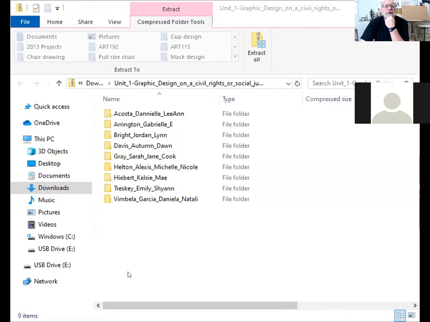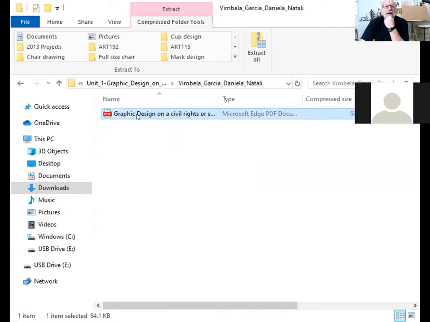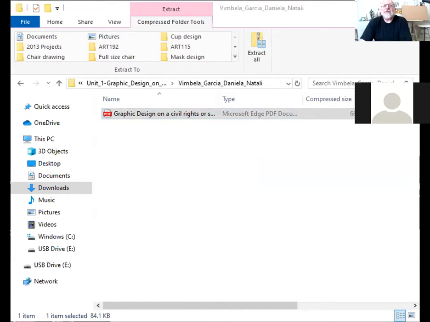So this is everybody's project, and I haven't been inside of anything yet. So I was going to open this up and see what I could see. It's a PDF. I'm going to double click on it. It asks me what to open it with, because you don't have that available to you. Okay, I have a document open here.